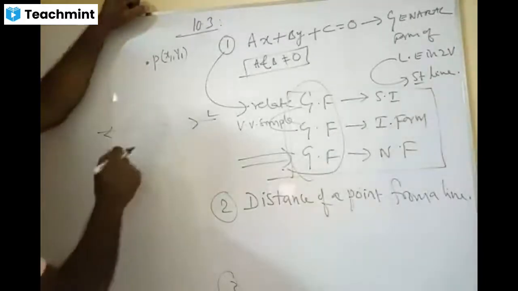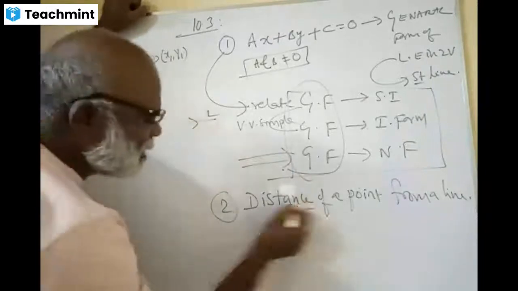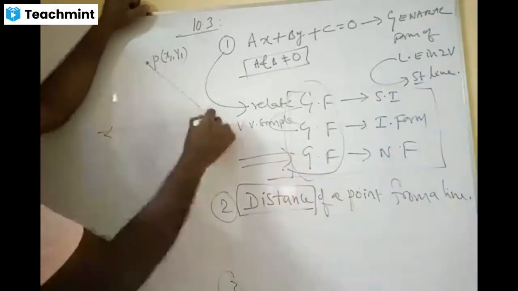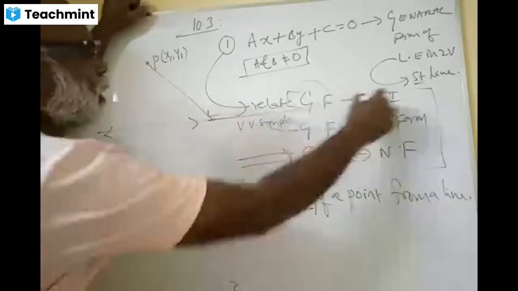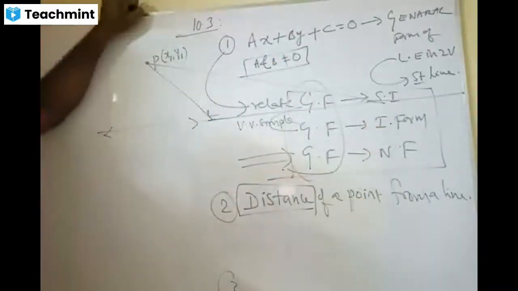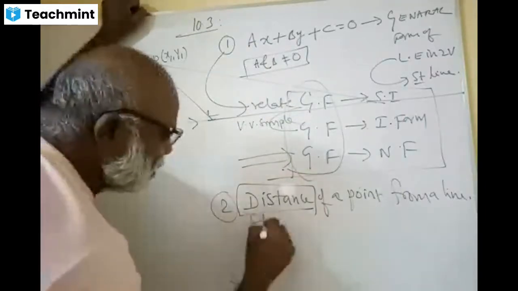Okay, yes. So now, friends, what do you mean by a distance here, my dears? Can anybody tell me? The perpendicular, sir. Brilliant. Shortest distance or a perpendicular distance. So, friends, here, this is not the distance. A line and a point here. I will draw like this, okay? Then somebody will say, oh, I will draw like this. That is not distance. What is the distance? Shortest distance, my dears.